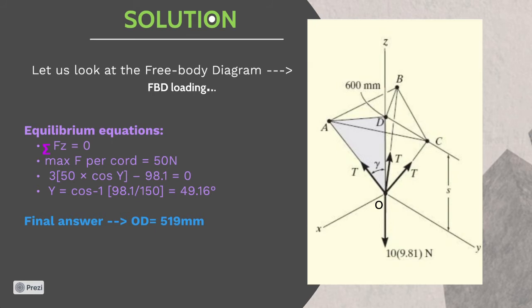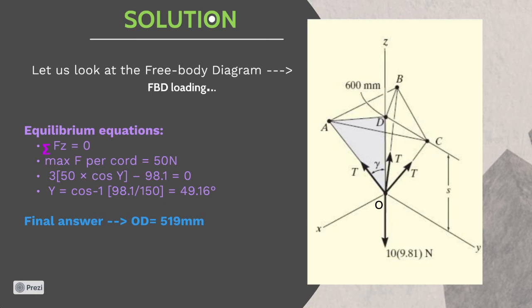Also, we are asked to find the minimum distance from the ceiling where the maximum force acting along a cord can be 50 Newton. Since the angle between each cord and the z-axis is equal to gamma, therefore 3 into F cos gamma is acting along the positive z-axis,